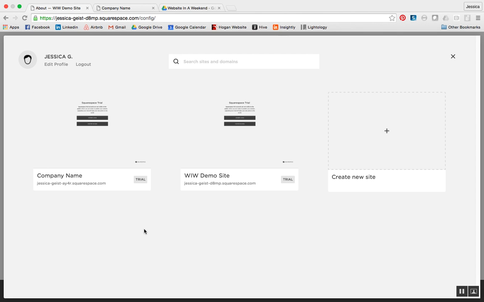All right, who's ready to take a tour of Squarespace real quick? So, this is what it looks like when you're logged into your account and you're able to see all of the sites that you currently have either in trial mode or that you've purchased in Squarespace. The way to access the site that you want to work on is simply by mousing over that site and then clicking on it. So, when your site comes up,